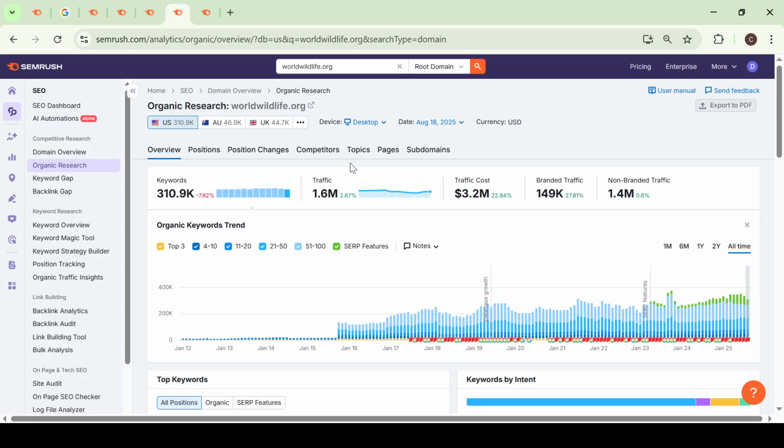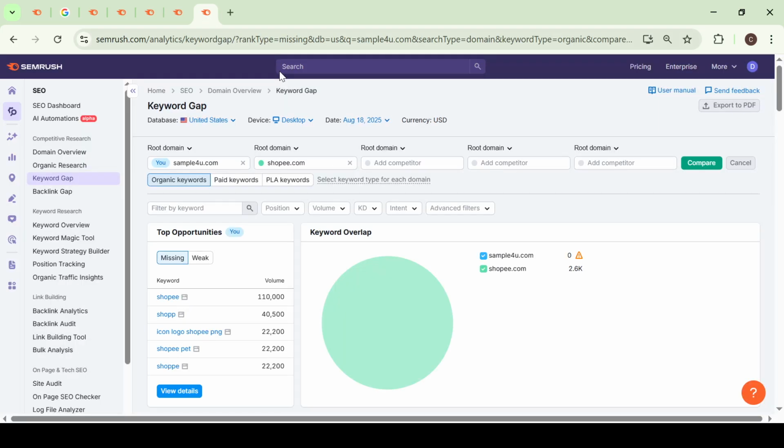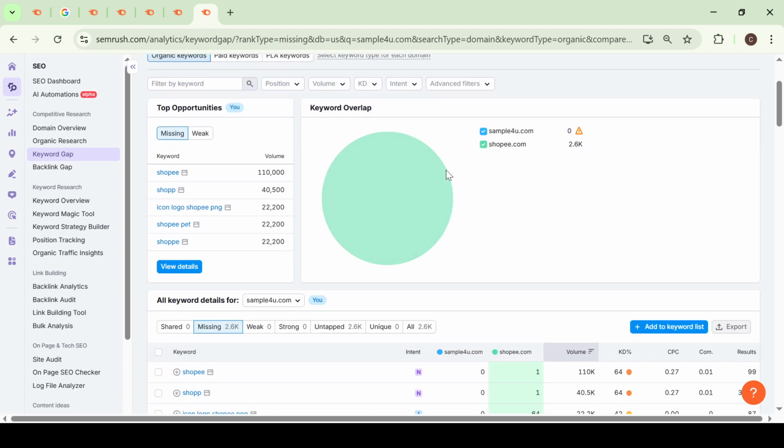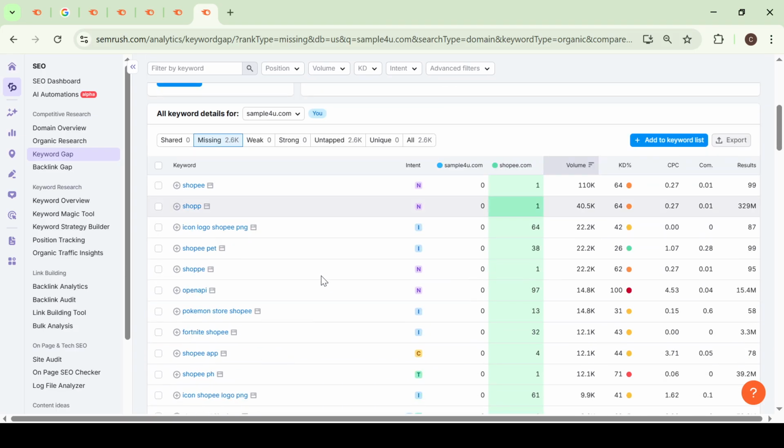Moreover, don't forget about the Keyword Gap tool in Semrush. This feature allows you to see which keywords your competitors rank for that you don't. This insight can unveil potential long-tail keywords that your competitors are capitalizing on, providing you a chance to fill those content gaps. By diligently following these steps, you'll be well equipped to uncover long-tail keywords that can enhance your content